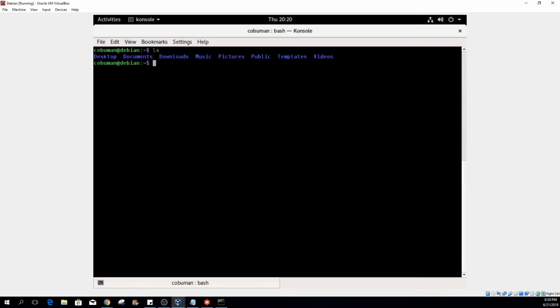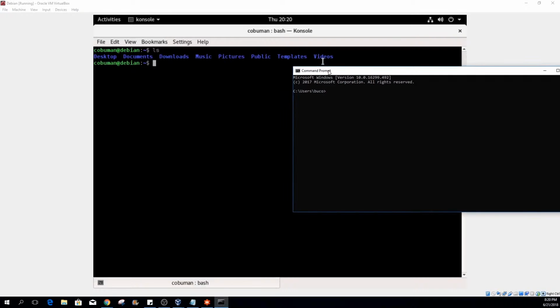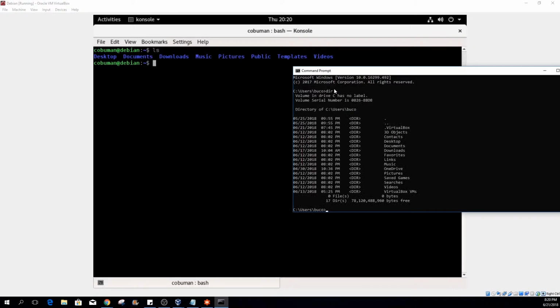So if I type in ls, we see some familiar stuff. What does that look like? That looks just like our local profile that's within Windows. So we have desktop, we have documents, downloads, music, pictures, public, and videos and such, right? And by default, command prompt also starts within your local profile. So let me just type in dir. Look familiar? Desktop, documents, downloads,